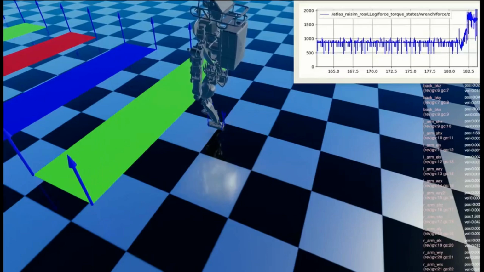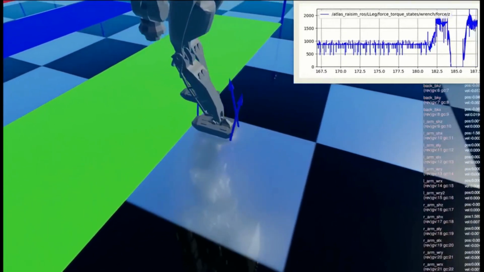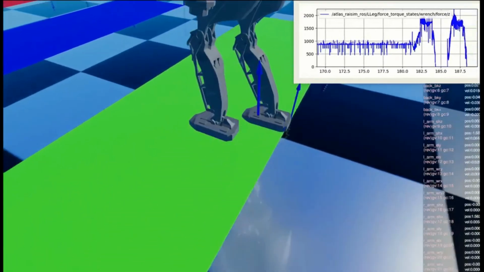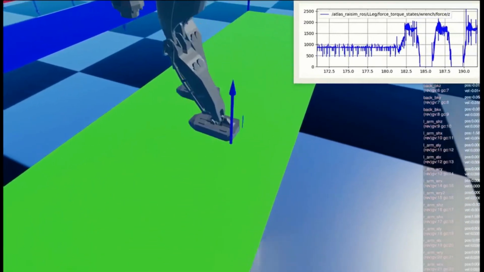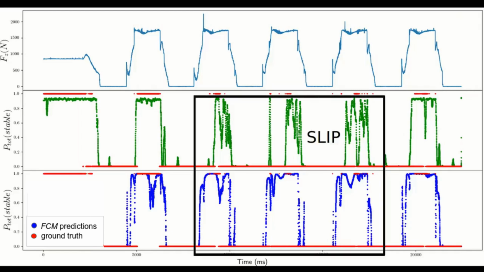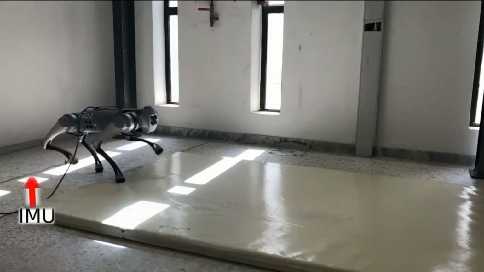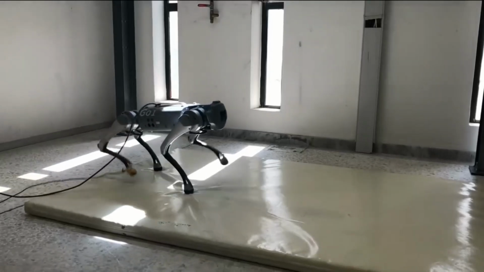Next, we deployed Atlas to walk on an extremely slippery surface and we compared our predictions with a state-of-the-art approach for quality of contact estimation, namely fuzzy C-means clustering. In the graph, we illustrate our predictions compared with the ground truth and the FCM approach. Although the FCM approach utilizes not only inertia information but also force and torque measurements, it produces inferior results compared to the proposed method. In the second experiment, we've explored a soft terrain scenario to showcase that our approach does